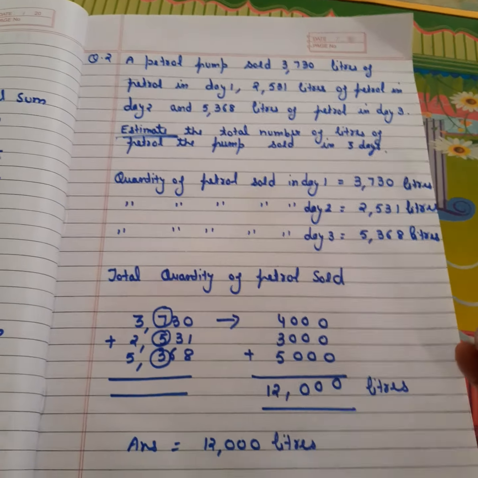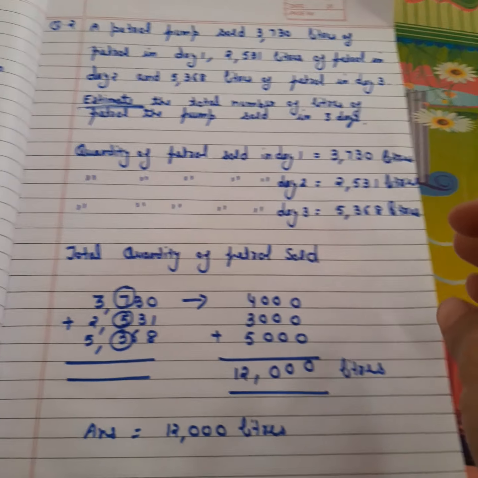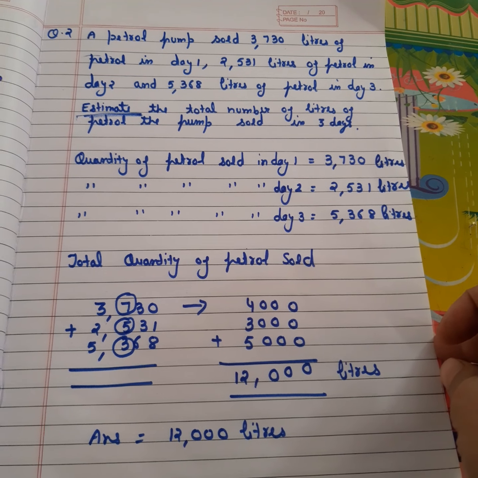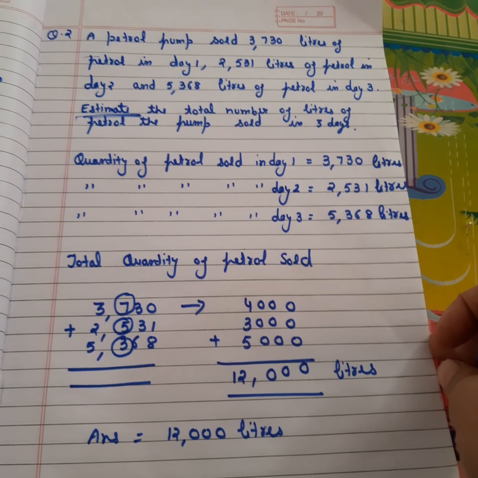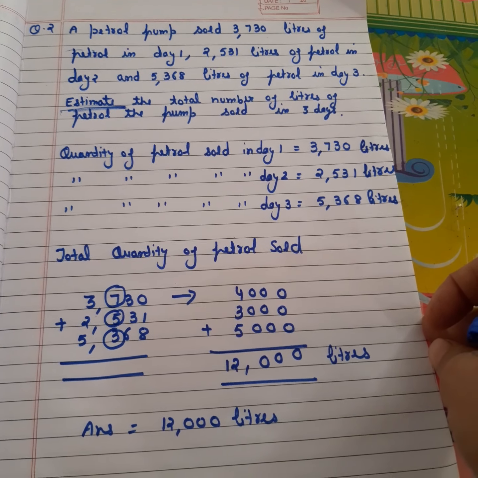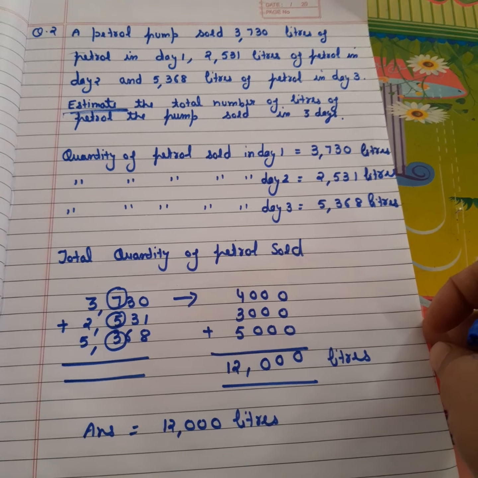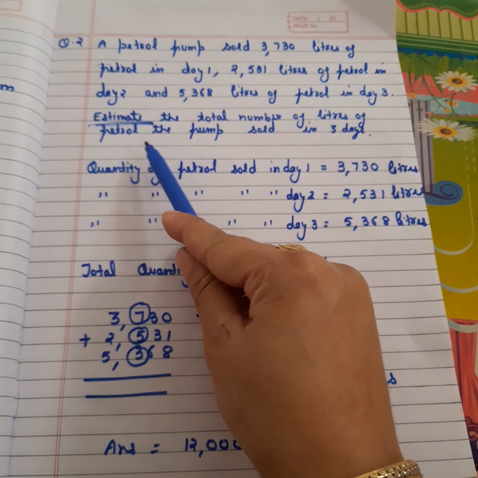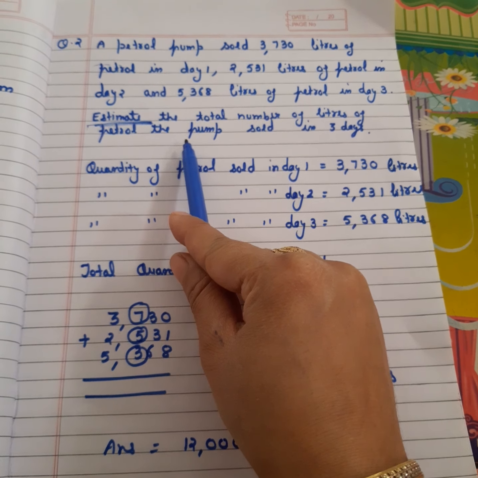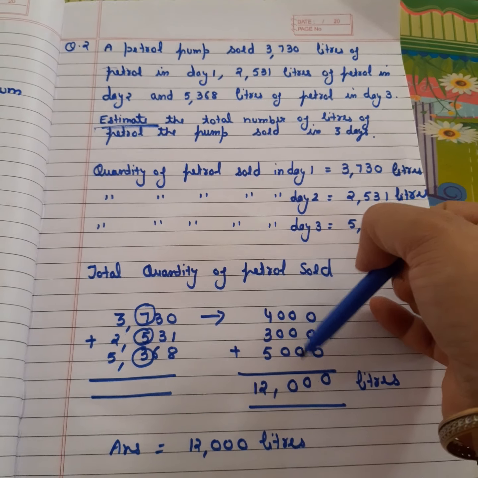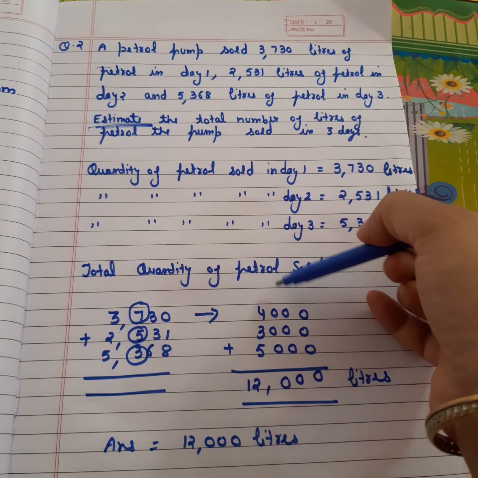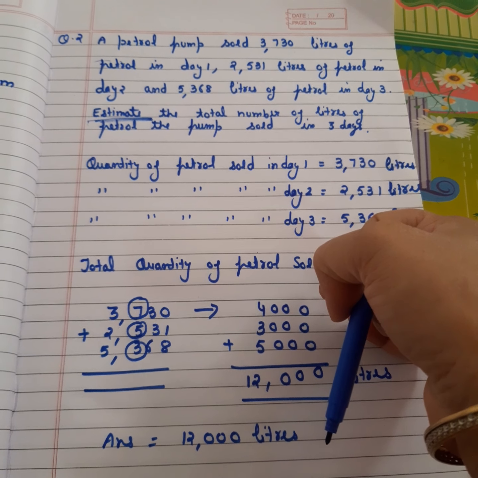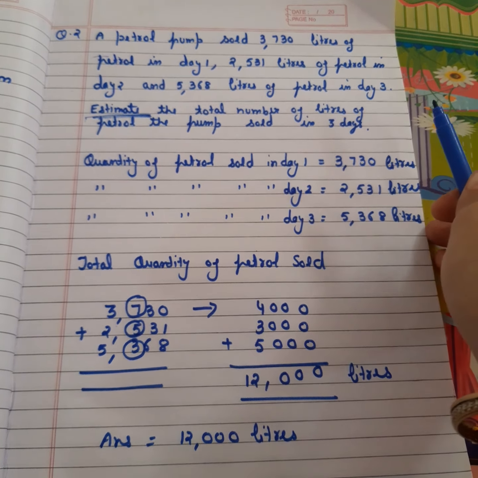So, you have to proceed as per your question. Well, see, whenever you are doing your word problems, be careful while you are reading the statement sum. Just understand each and every word of your statement, and then you have to solve. Here we have to calculate the estimated quantity of the petrol. So I rounded off all the 3 values, and after rounding off all the 3 values, I calculated the estimated quantity of the petrol sold in 3 days.